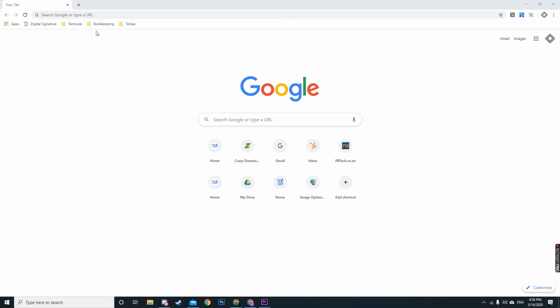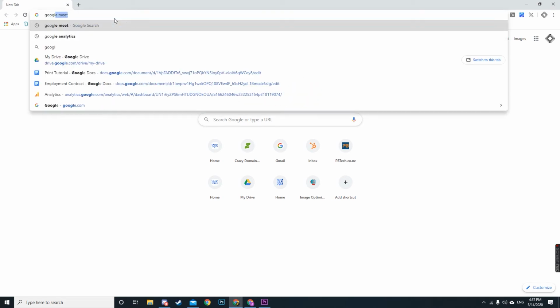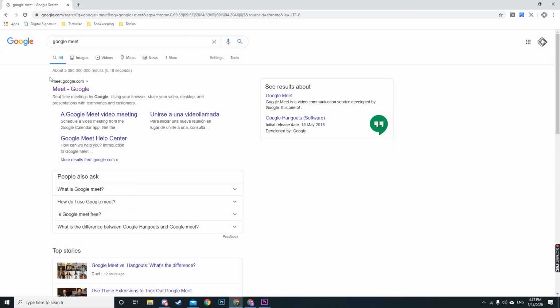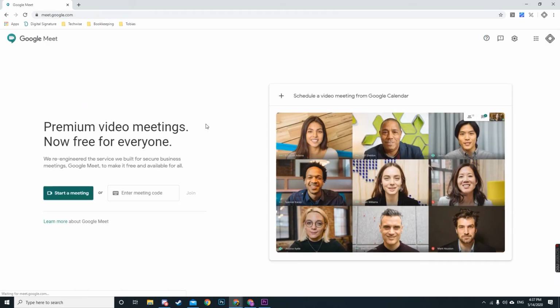So, first thing we're going to do is go into the Google search bar and type Google Meet. Hit enter. The first URL that will pop up is meet.google.com, also known as Google Meet. So we're going to click that link, and here we've got two options, either start a meeting or join a